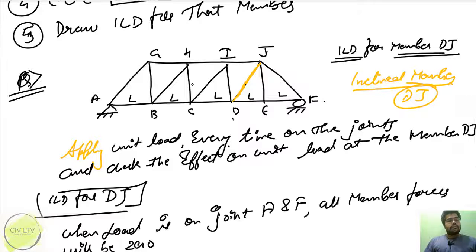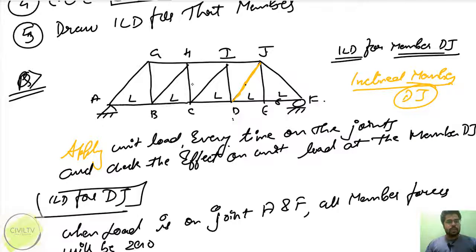बाय लुकिंग एट द डायग्राम वी कैन से दैट व्हेन द यूनिट लोड इज एट जॉइंट A, ठीक है, देयर विल बी नो फोर्स ऑन द मेंबर बिकॉज लाइक दिस विल बी सेटिस्फाइड विद द हॉरिजॉन्टल रिएक्शन, दोनों कोलिनियर हैं। ठीक है, सो जीरो फोर्स मेंबर हो जाएगा, यहाँ पर कोई फोर्स नहीं आएगा। राइट, यहाँ पर सब जगह पे जीरो जीरो ऐसे। सिमिलरली यहाँ पर अगर एक यूनिट लोड मैं डालूंगा तो सिमिलरली एक रिएक्शन जो है इसको सेटिस्फाई कर देगा, तो जीरो जीरो हो जाएगा मेरा। ठीक है, सो आई डू नॉट हैव टू कंसिडर यूनिट लोड एट जॉइंट A एंड F, बिकॉज अगर A और F पे अगर मेरा यूनिट लोड रहेगा तो कुछ फर्क नहीं पड़ेगा मुझे।